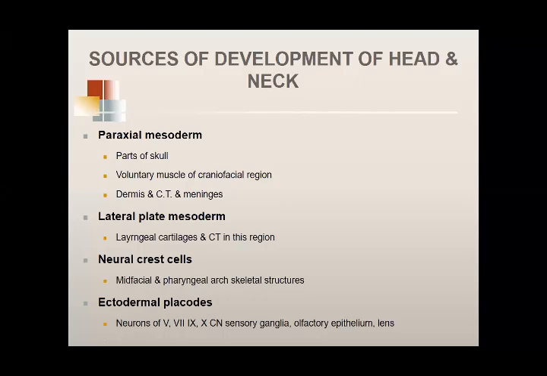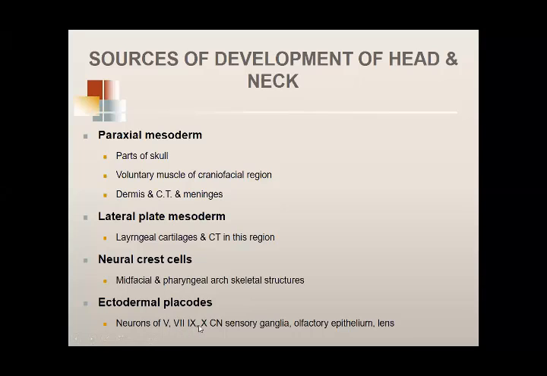developing pharyngeal arches. अभी हम इसको in detail करते हैं. This is a major contribution. Neural crest cells play a major role in the development of the pharyngeal arches. And of course, the ectodermal placodes and made neurons in 5th, 7th, 9th, and 10th cranial nerve के जो ganglia